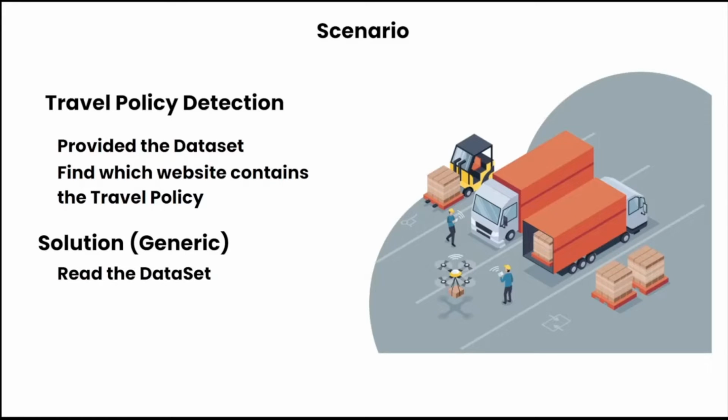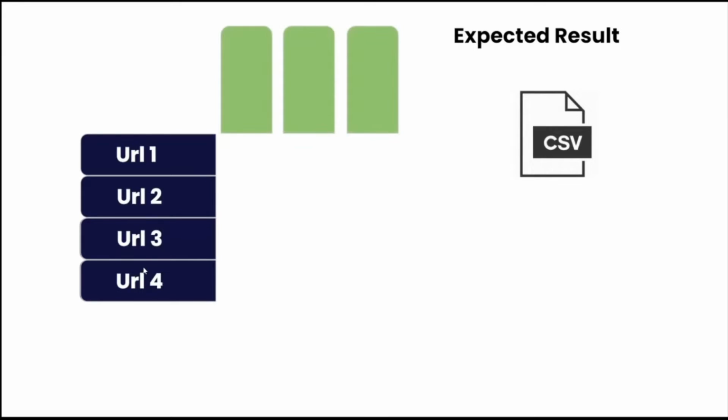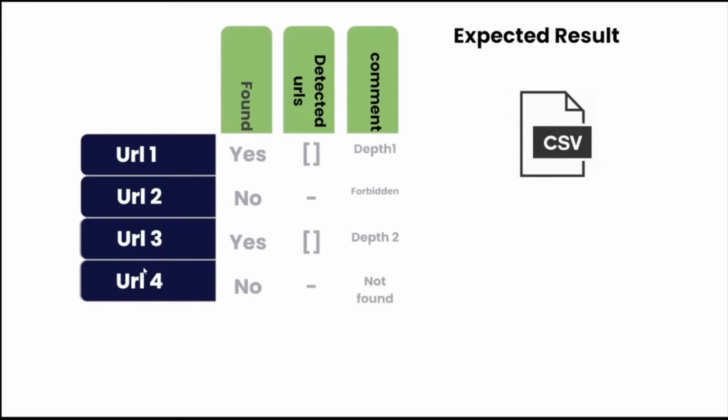And the solution here is to read the data set, build the positive and negative keywords, extract the right URL and find the probability. If you could see, they are expecting the result in the form of a list of URLs, and whether we have found the exact keyword or pattern in the particular URL or not. If we found it, the detected URL that we have encountered, and a comment can be an optional